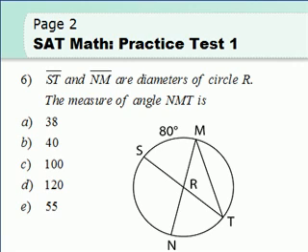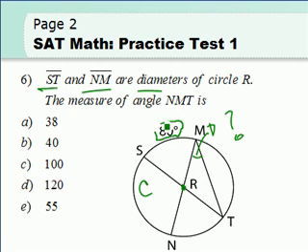Problem number 6. ST and NM are diameters of circle R. The measure of angle NMT is, so we're looking for angle NMT. This angle over here. That's what we're looking for. Now the information given is that ST and MN are diameters of the circle, which means that R is the center of the circle. Now we also know that this side over here is 80 degrees, which means this angle over here is 80